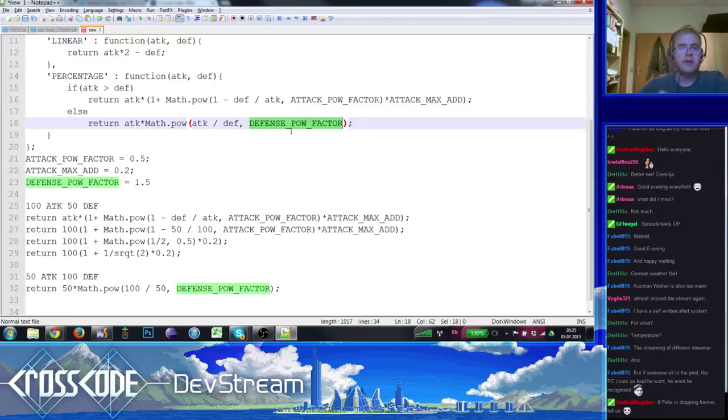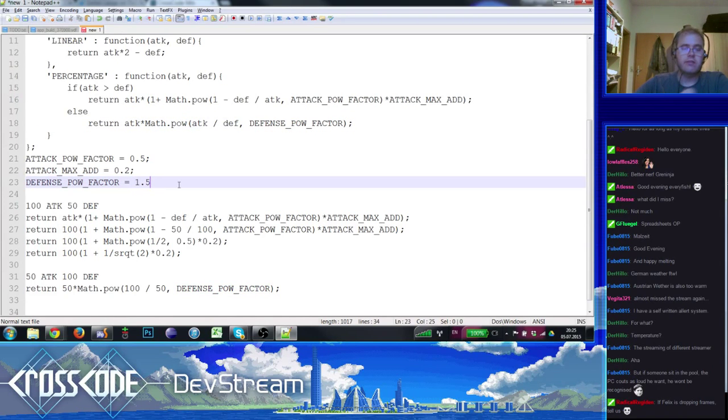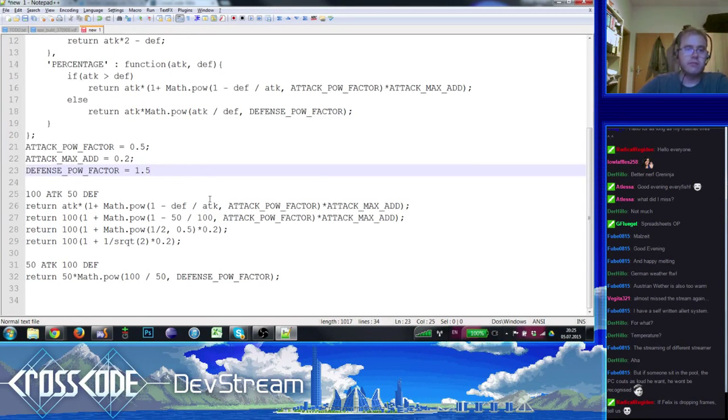If I don't use anything, it will just have the regular math of 1 divided by x, essentially. And if I apply a power of greater than 1, it will go quicker to 0. I just used this because I felt that defense didn't have enough impact, so I increased this to 1.5. And that was the right value. If I increase this value, defense will have more impact if it's higher than attack. If I decrease this value, it will have less impact. So that's more or less it. I just found out that this value kind of works, and that's it.